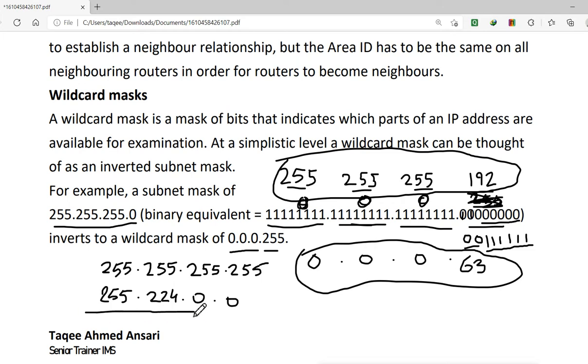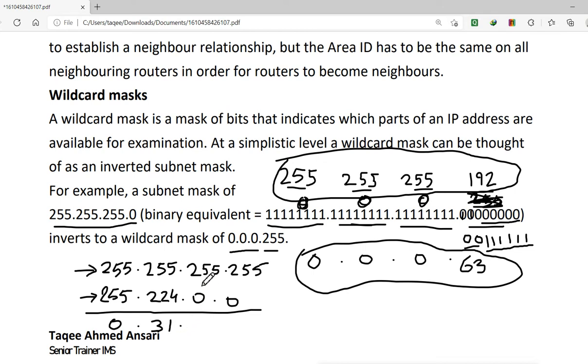Now I want to get the wildcard mask for this subnet mask. So what I will do, I will just remove it from this default value 255.255. So what will I get? 255 becomes 0. Then on this 255, when I remove 224, what I will get here is 31.